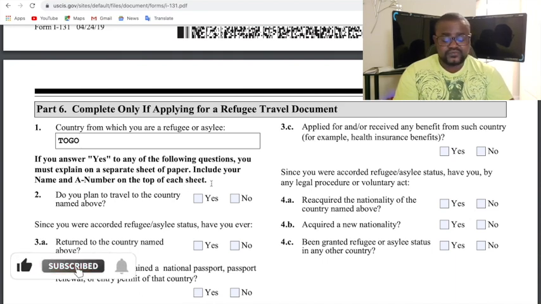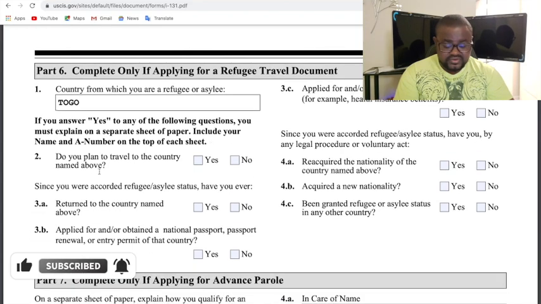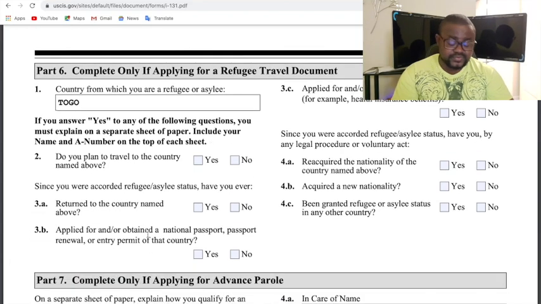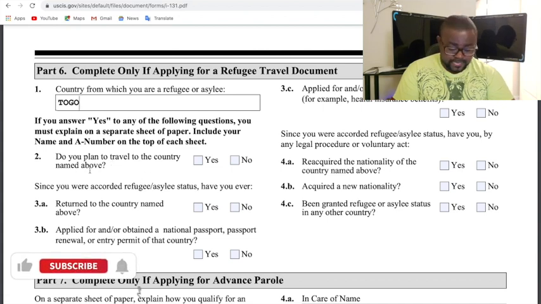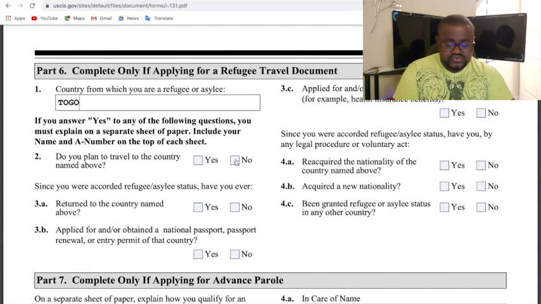So if you click yes on any of these questions, you have to explain yourself. So you take a pen and a paper and explain yourself, write the reason why. Do you plan to travel to the country named above? If yes, you click on it. If no, you click on it. Since you click on no, you don't plan to go there now